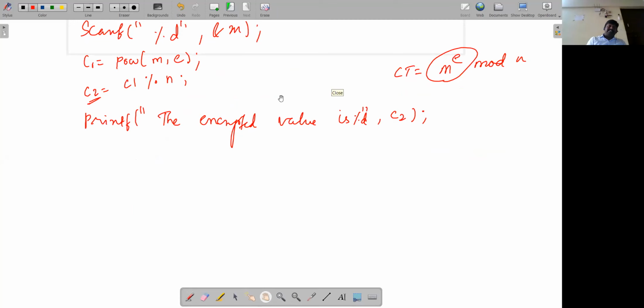Okay. The next step is that we need to calculate the D value, right? For that, you need to use the formula. There is no other option. You need to use the formula. D is equal to E star D modulus pi of n, which should give the remainder value, or you can calculate it like this, right?